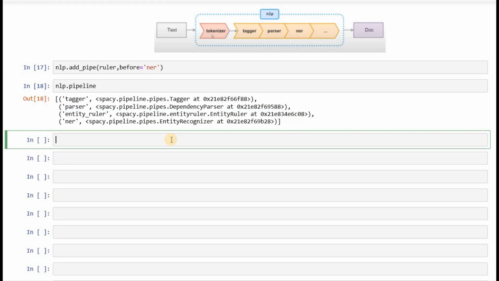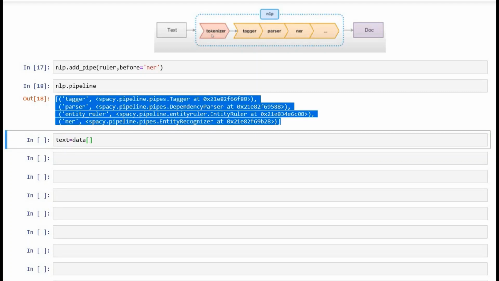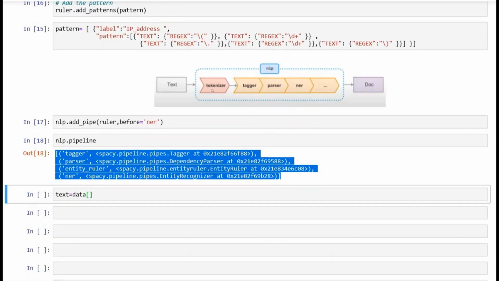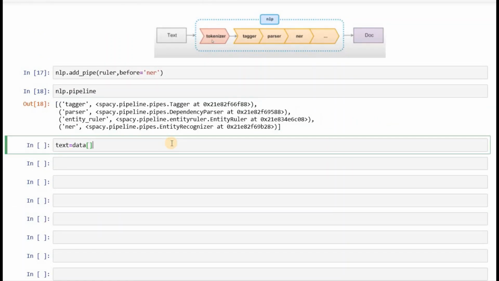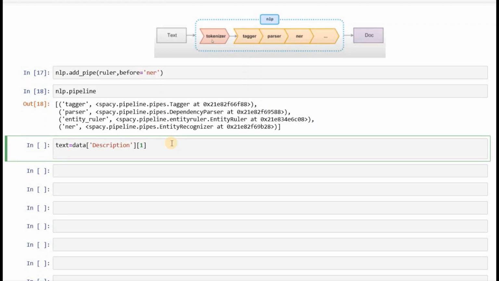So let's take an arbitrary text, text equals data, the column named description, the second row, and doc is nlp of text.